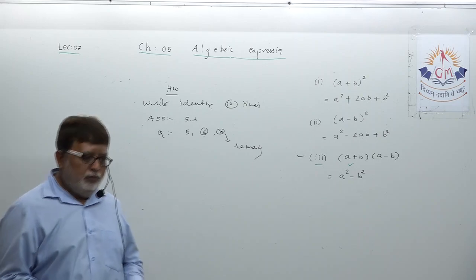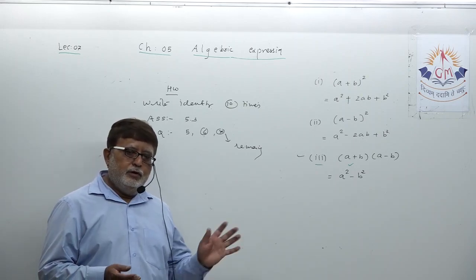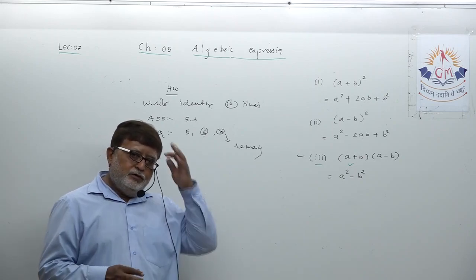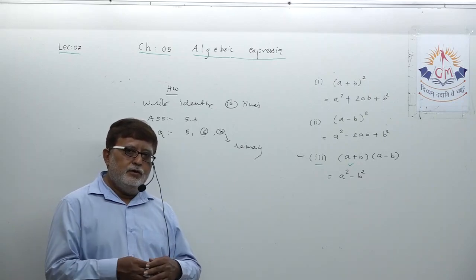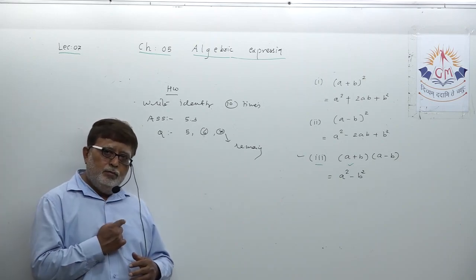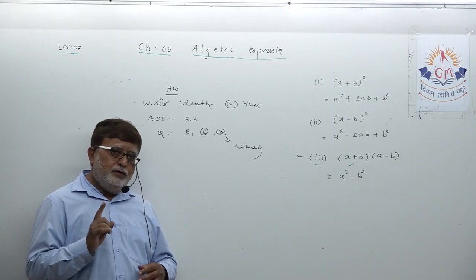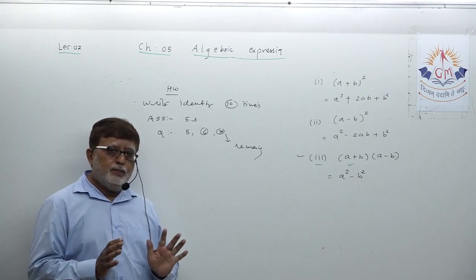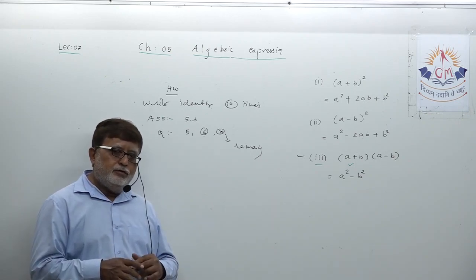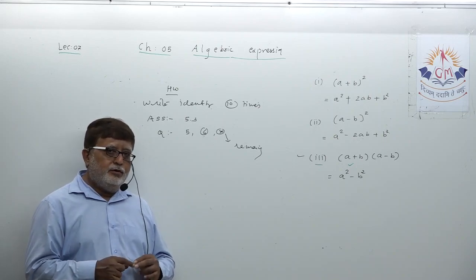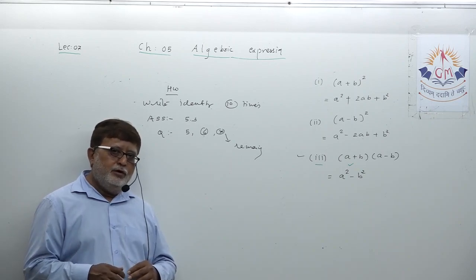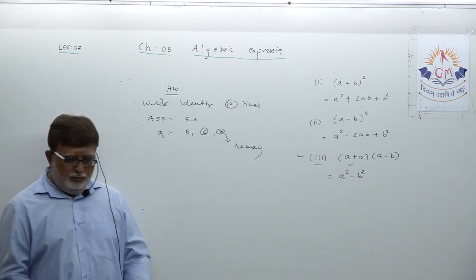Okay, dear student. So two identities. One we practiced in the previous lecture, a plus b whole square, a minus b whole square. In this lecture we took another identity, that is a plus b into a minus b equal to a square minus b square. Homework is written on the board. Homework will always be written on the board at the end of the lecture. So be conscious, attend the lecture till the end, understand each and every topic which is explained. Understand? Okay, dear student, concentrate on it. Okay, thank you very much.